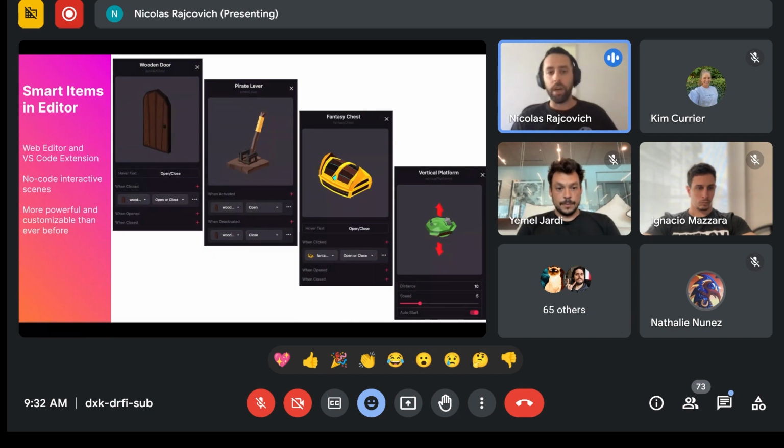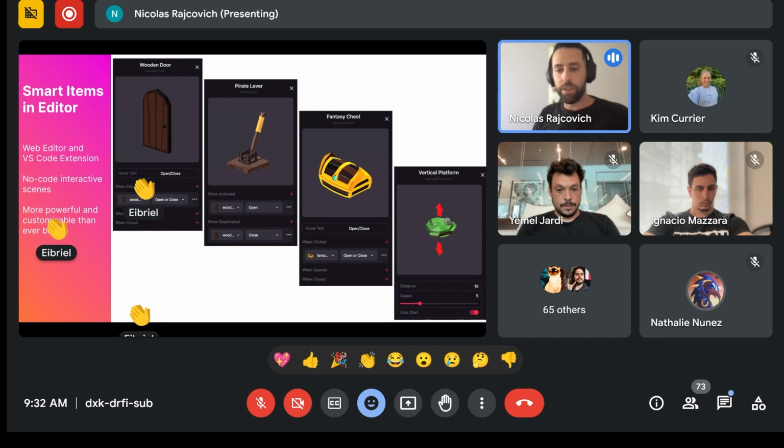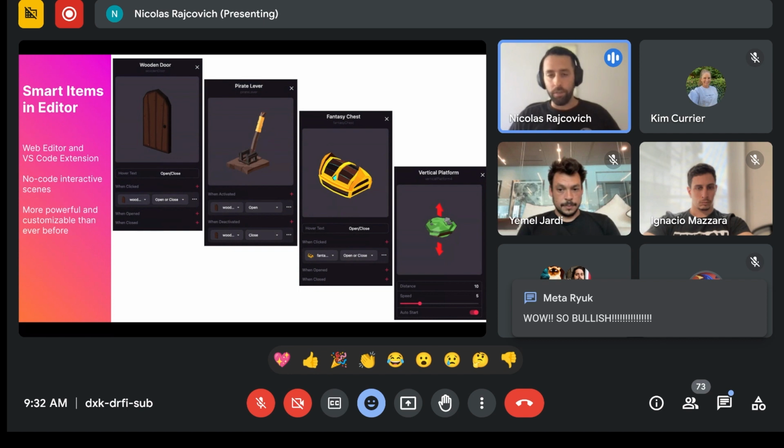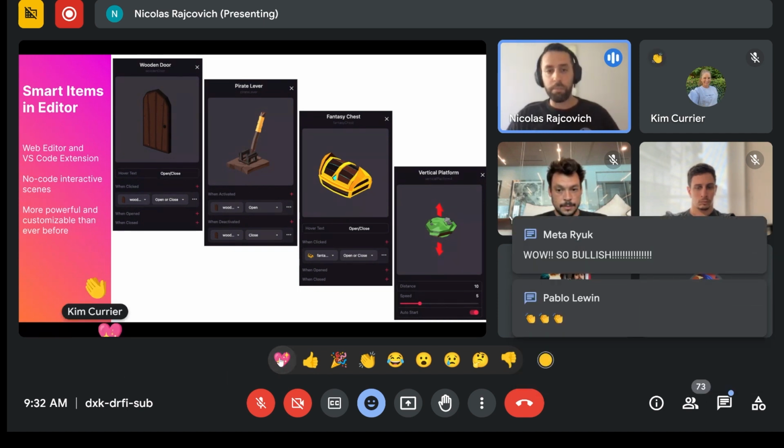For example, you can have a door that opens when it's clicked, or a lever that interacts with the door, so when you move the lever, the door opens. There are things like putting music in the scene, putting a video in the scene as well. We're currently working on the first iteration for this on SDK7. This is an important thing as well. And progressively, we're going to add more smart items to the experience.